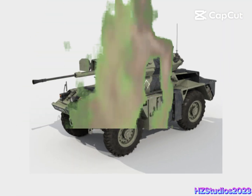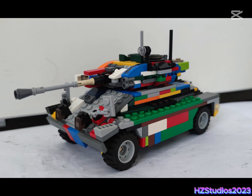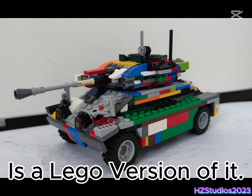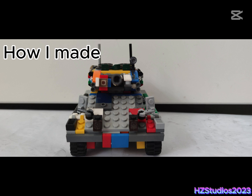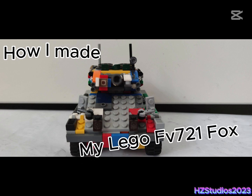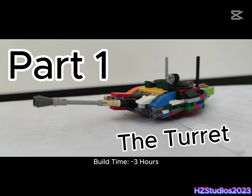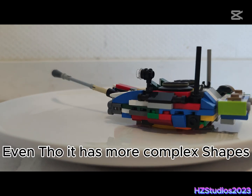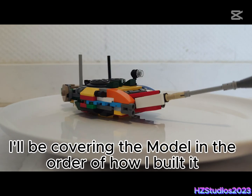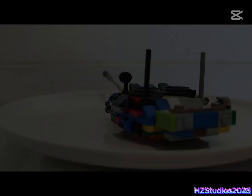This is the FV721 Fox armored reconnaissance vehicle, and this is a Lego version of it. How I made my Lego FV721 Fox. Surprisingly, the turret was easier for me to make, even though it has more complex shapes. I'll be covering the model in the order of how I built it, so without further ado, let's talk about...